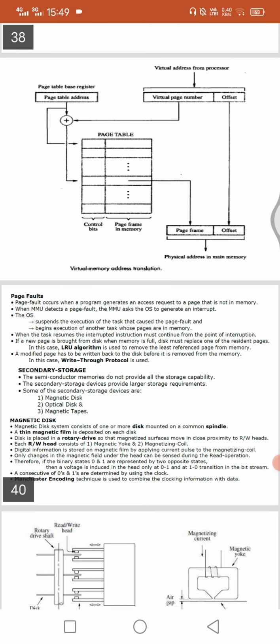The same problem arises in cache memory also. Here also the LRU algorithm is used to remove the least referenced page from the memory. A modified page has to be written back to the disk before it is removed from the memory. In this case, the write-through protocol is also used. Okay, so this is the virtual memory.